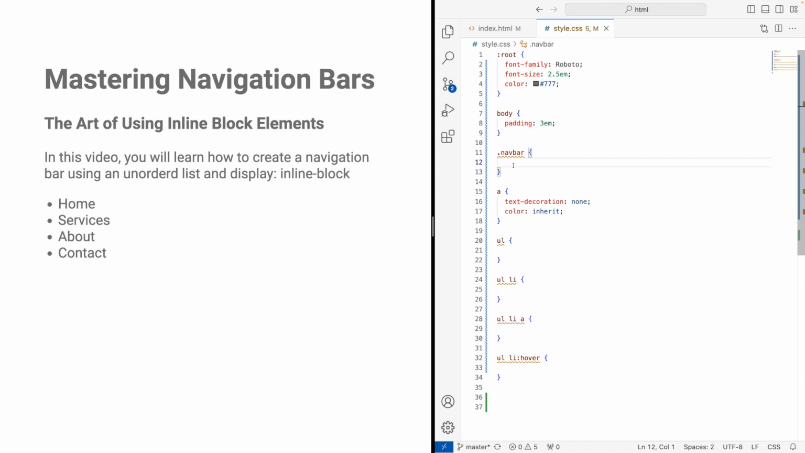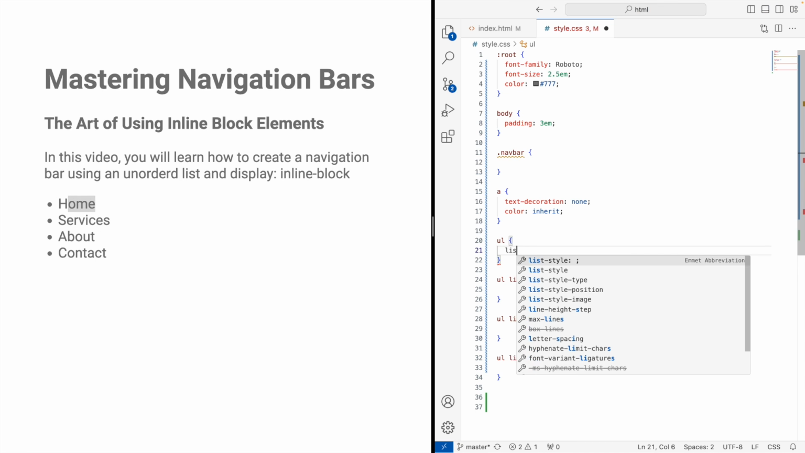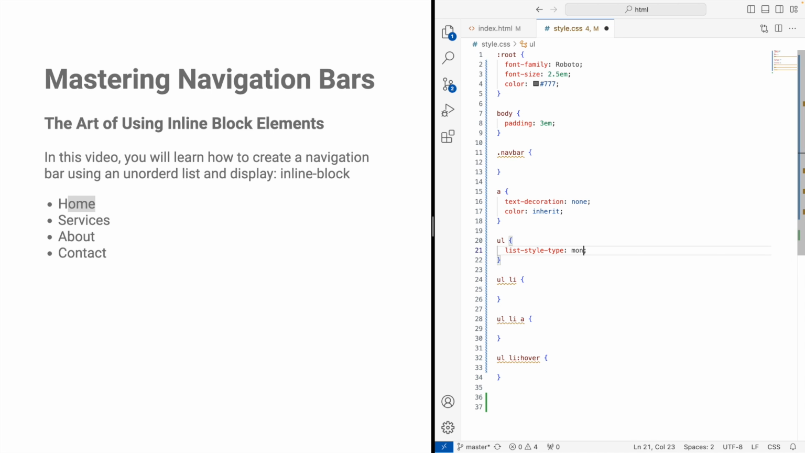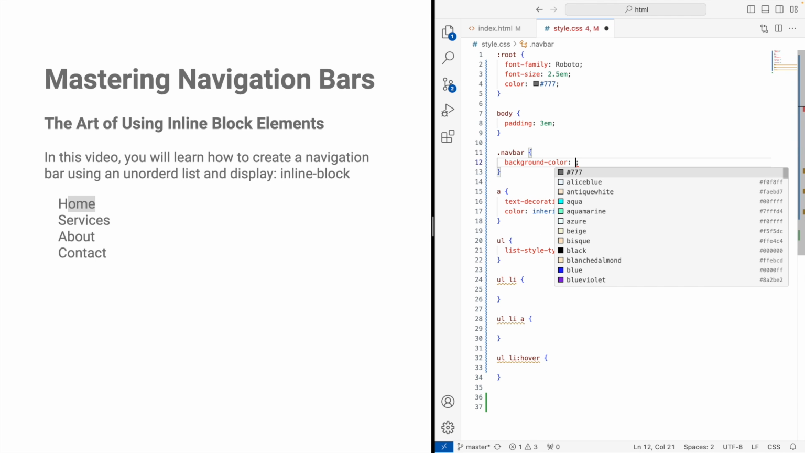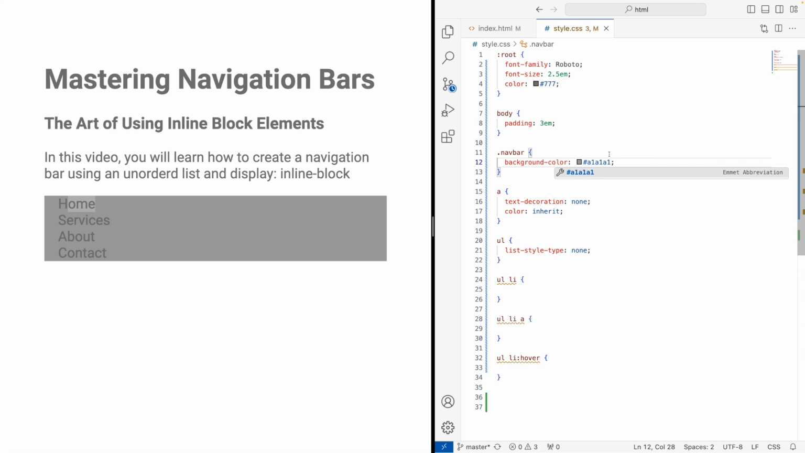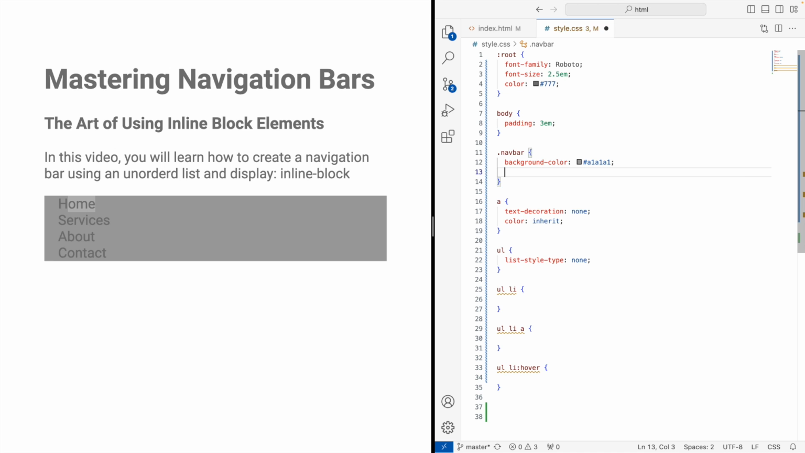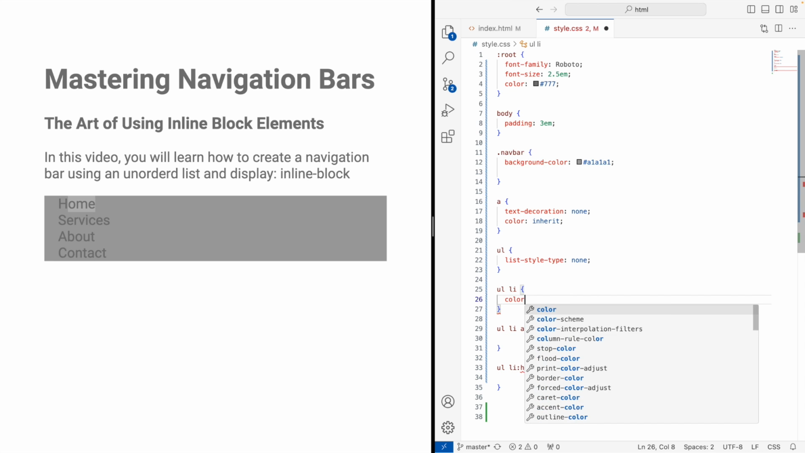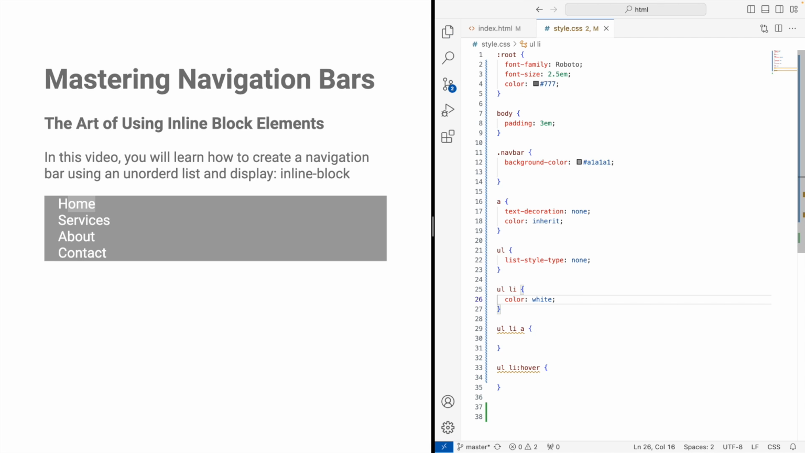So the first thing we want to do is make this unordered list have none of these discs or circles and so on. So that's done. But if we add a background color of, I don't know, A1 to here, and then set color equal to white,